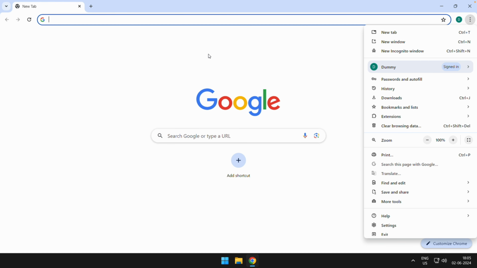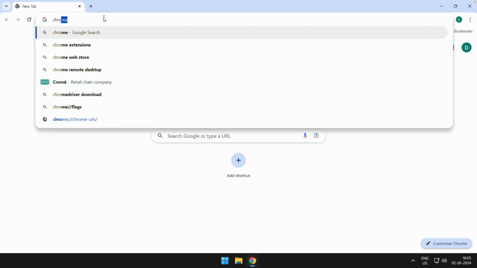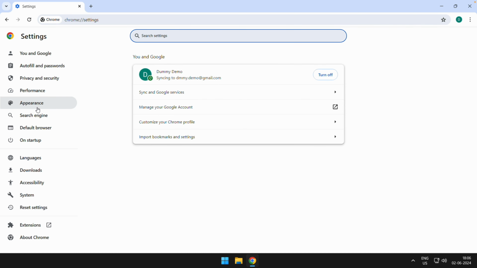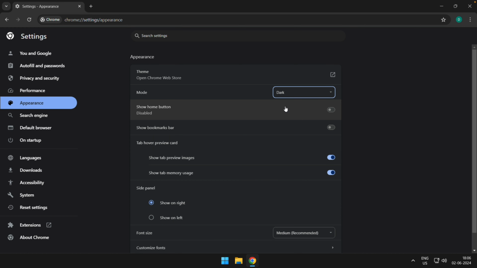If you want to switch to the darker mode, what you can do is open this URL, which is chrome://settings. Once you open this Chrome settings page, in the left panel you would be able to see this appearance. Just select that option, and from here there is a second option which says mode and which is currently set to light. You can choose from the drop down to dark, and it will automatically switch to the darker